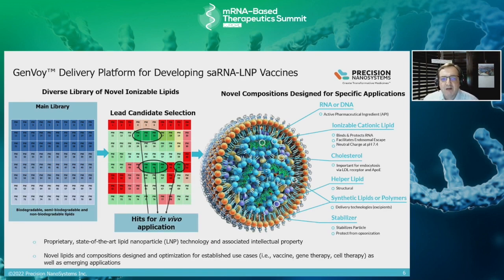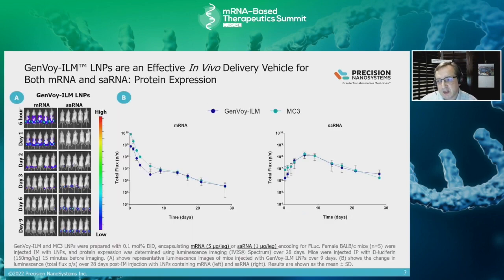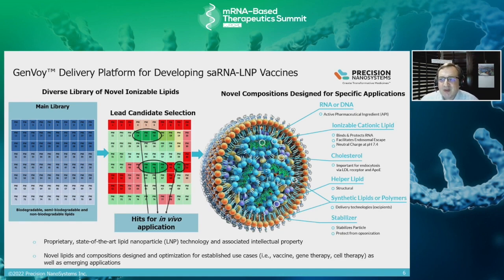All right, so the Genvoy delivery platform for developing self-amplifying RNA LNP vaccines. We have, I think, very close to 100 or slightly over 100 different novel ionizable lipids in our library. Working with the client, they'll provide us the disease target and the target product profile, and we'll design a formulation, selecting an appropriate subset of these ionizable cationic lipids into various formulations, and then do a screening with the payload, with the self-amplifying RNA or the mRNA. We'll do a screening exercise with the surrogate messenger RNA, what have you, just to show that we have active